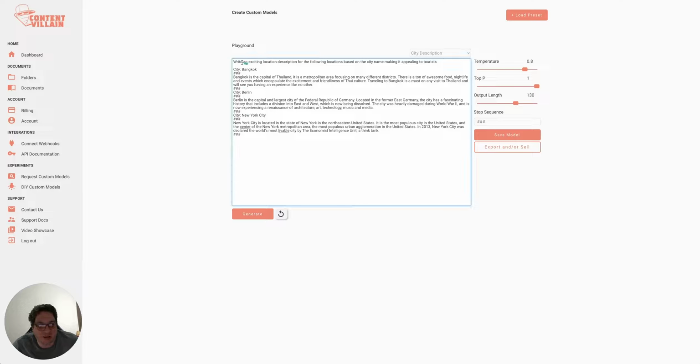So you see, we have a prompt that we've given to this. We've said, write an exciting location description for the following locations based on the city name, making it appealing to tourists. And then we have a bunch of different options. So we can put something else in to follow the pattern. We can put Tokyo. We follow the pattern with the hash. And we have the settings that we had earlier. And if we hit generate,